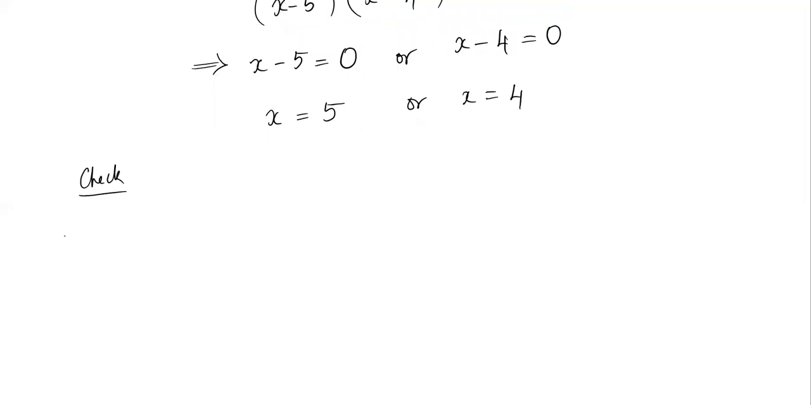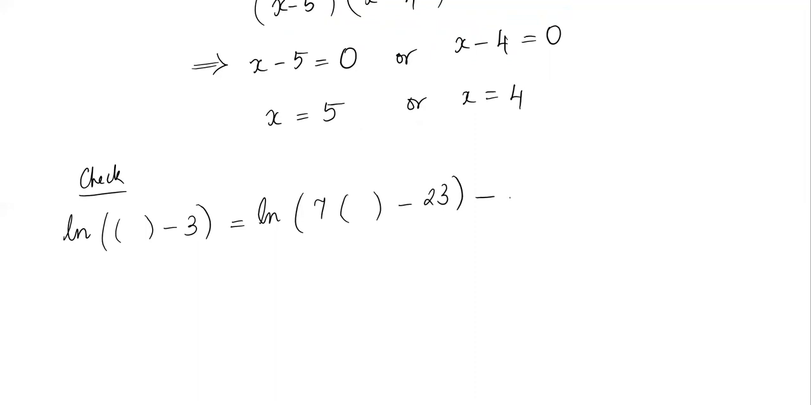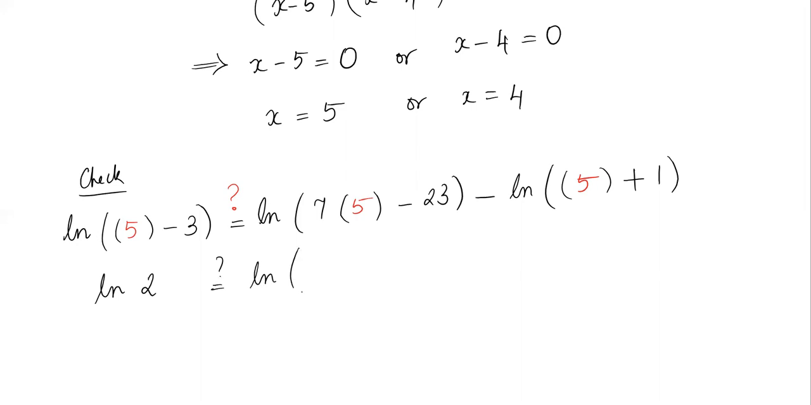So go back to the original expression, ln(x minus 3) equals ln((7x minus 23)/(x plus 1)). Please put parentheses wherever you're going to plug in for the x value. You have to do it twice for each x. And a big question mark above the equal sign. Okay, ln(5 minus 3) to ln(35 minus 23),